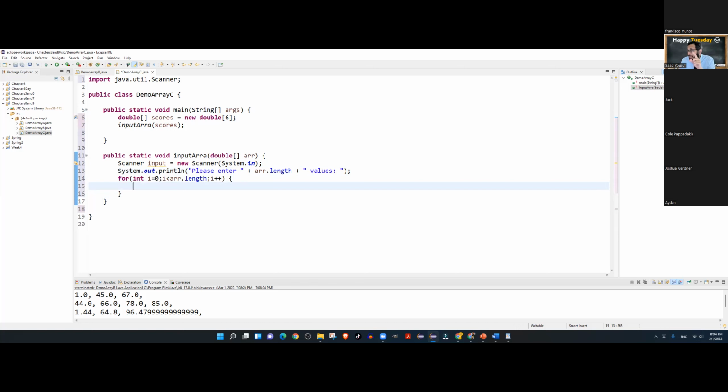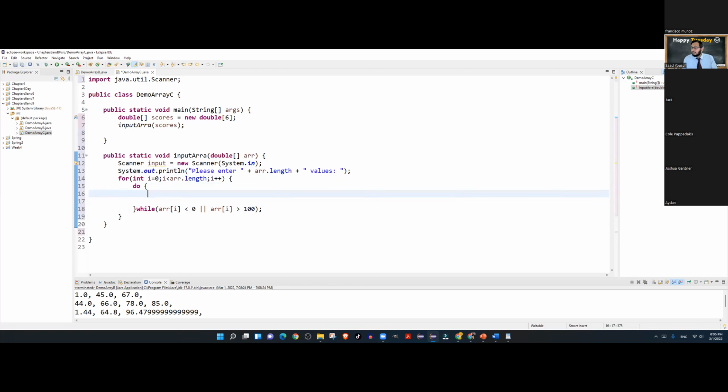However, my input has to be within the range of 0 through 100. So I will use right here a nested loop where I have to make sure whatever input is coming in has to be within the range. So the value for the ARR, if it is less than 0, or if the value for ARR is over 100, then keep asking for the input over and over again.